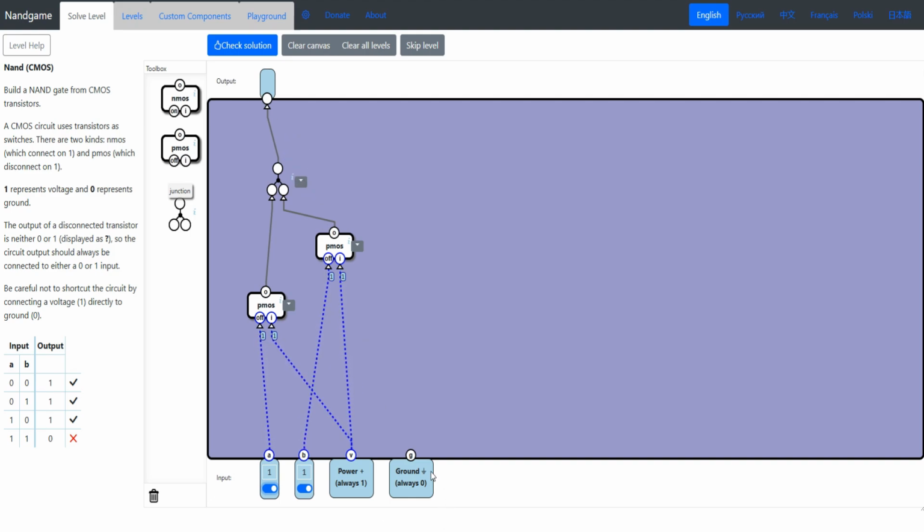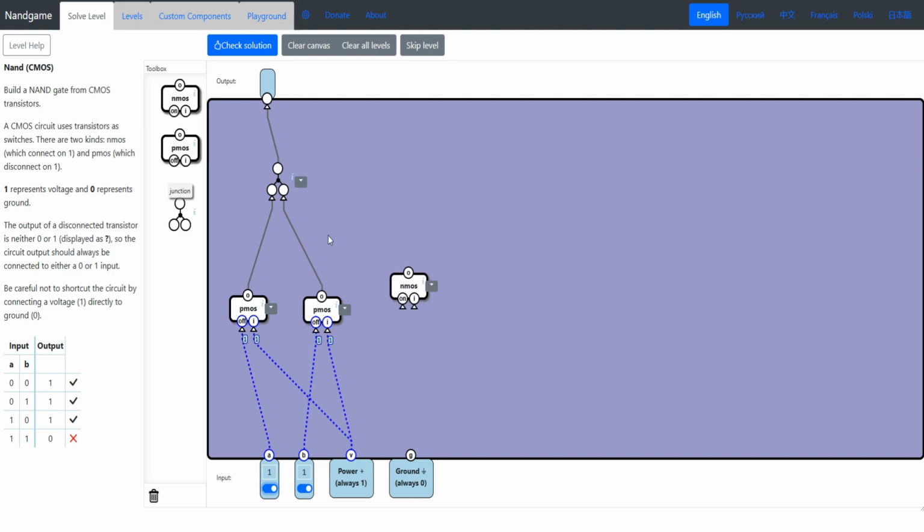We're actually going to have to output ground in this situation. So what can we do? We can take 2 NMOS, hook one up to A and the other up to B. And instead of hooking that up to ground, we hook it up to the output of our first NMOS. And now you can see it only outputs 0 when both of these switches are 1, otherwise it outputs